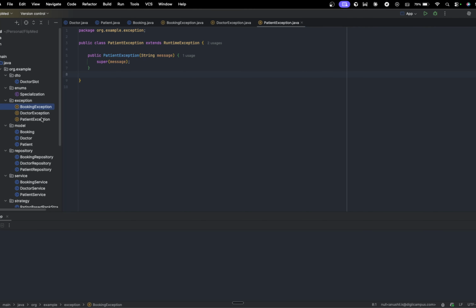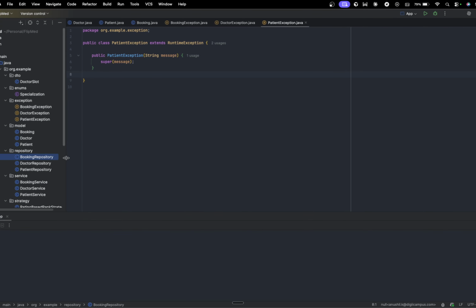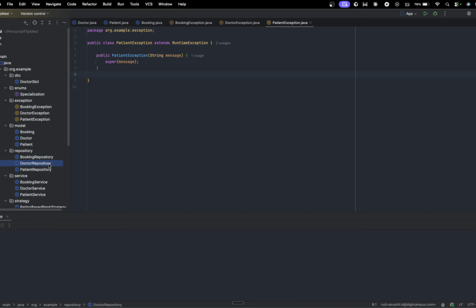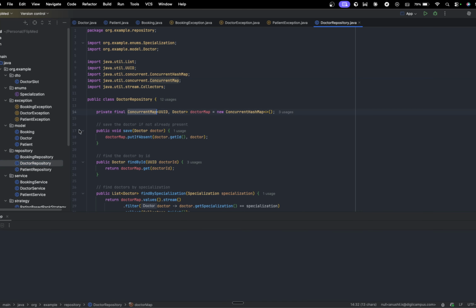So we should have different exception classes so that we can handle the exceptions in a much better organized way, right? And we have three repositories, one for each entity: the doctor repository, the patient repository, and the booking repository. So if we come back to the doctor repository,